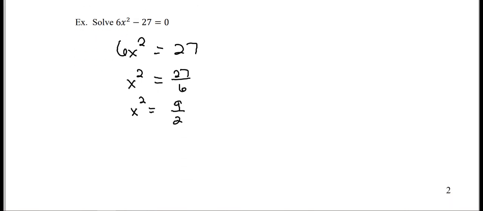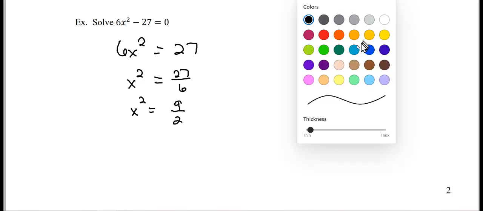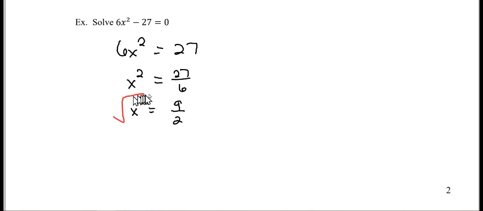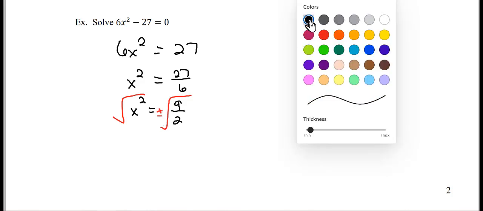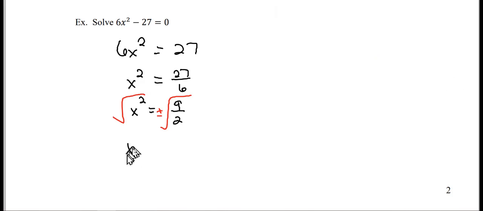Those are both divisible by 3. And then you use your square root property. Square root. Don't forget your plus or minus. That's the biggest mistake I see in students in this. Square root of 9/2,